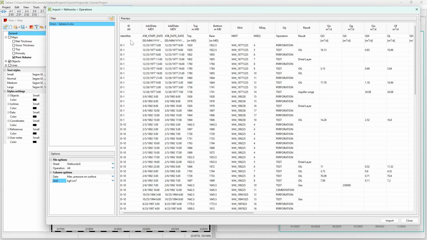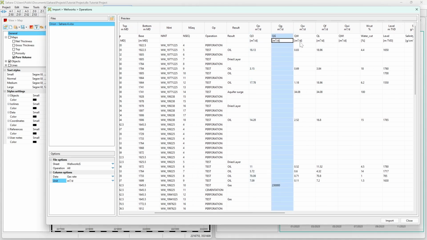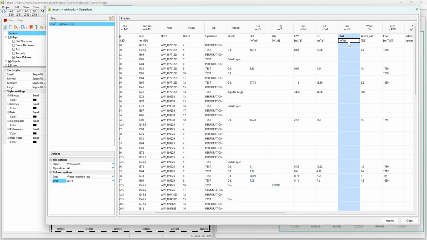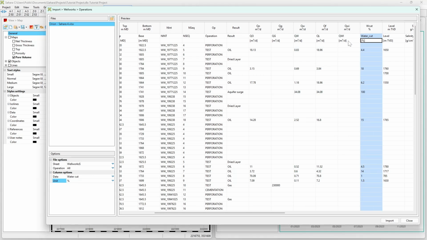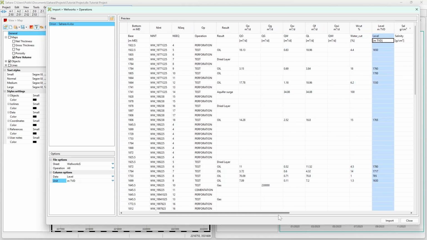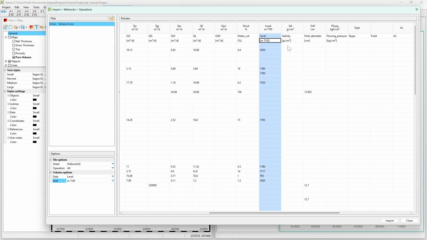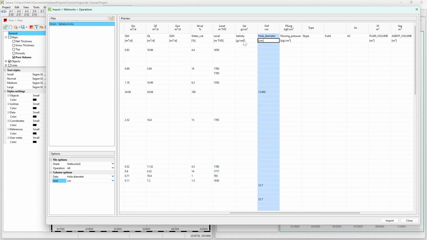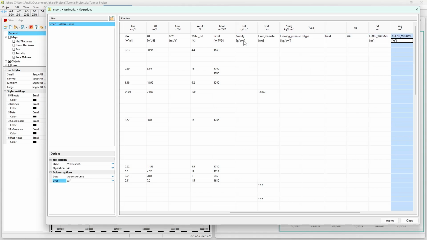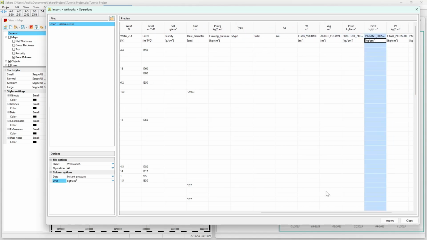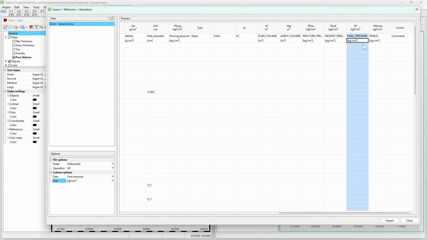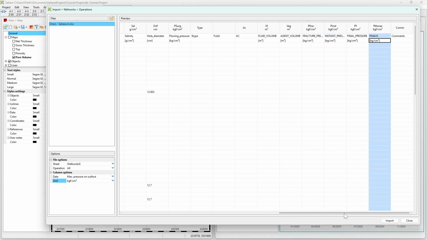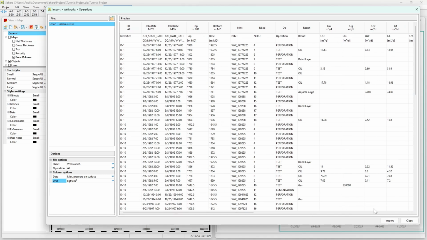So we will do a quick checkup here. We have meters in measured depth, that's okay. We have cubic meter per day, cubic meter per day, cubic meter per day. We have a percentage, meters in TVD for the level of the tests. We have the units here as well, that's okay. Okay, okay, okay. All of them are fine because all of them coincide with the ones here. So now we will import,